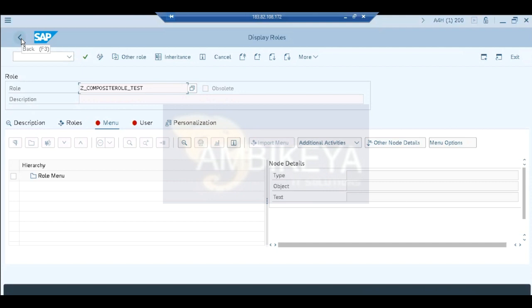then role assignment, role removal, all, and you need to explore all the options you're having, like inheritance, cancel, remove, whatever the things you're having. You need to check that. In role also, not just this. You need to check the additional activity from where I can input the role menu, and the different options in PFCG. So you need to check each and everything,